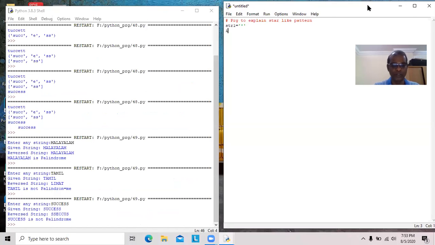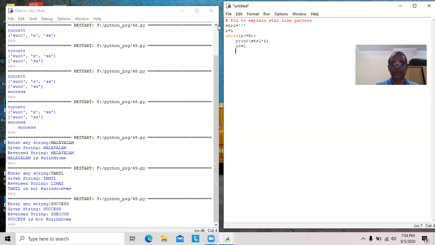Then I is one more variable, assigned with 1. Here I need one loop, executed 5 times. For print, str1 should be displayed I number of times. We already know very well that this star refers not to multiplication but to repetition. Then I should be incremented by 1.